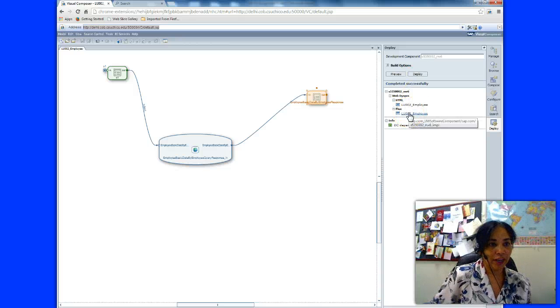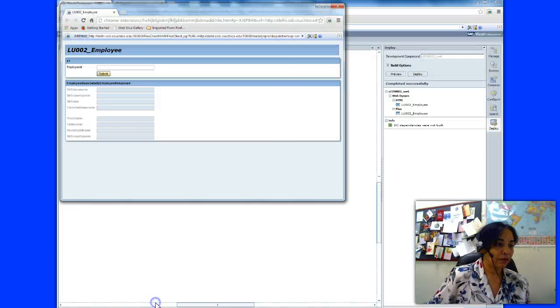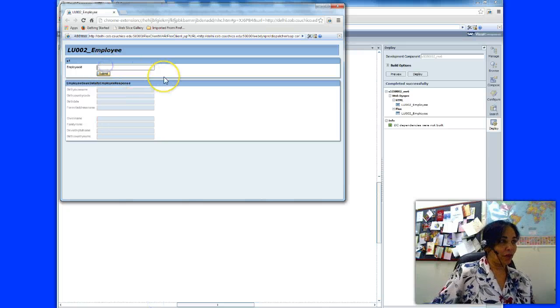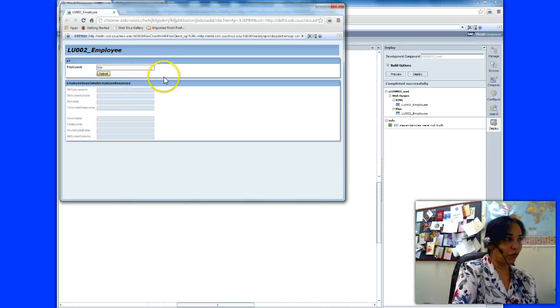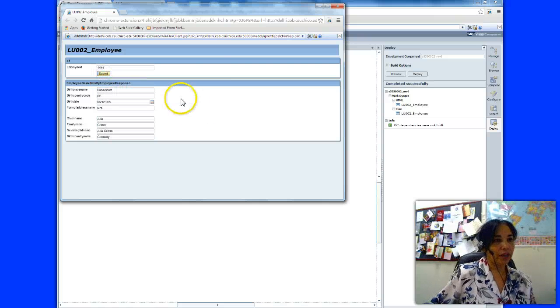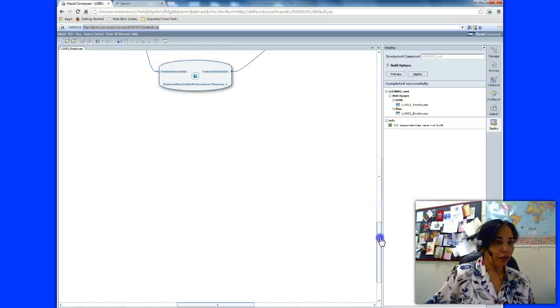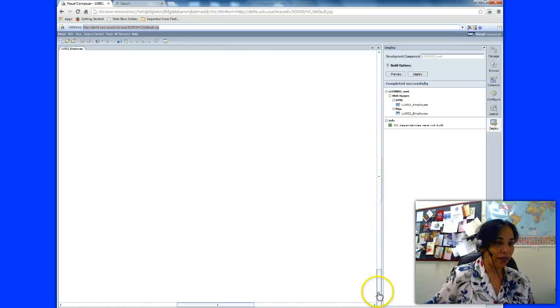Then I click on Flex to preview. So it has come up. Now I'm just trying with an employee ID 1444 and I submit. It's working. Okay, now close this. I have to do some more work. In order to do that, what I have to do is